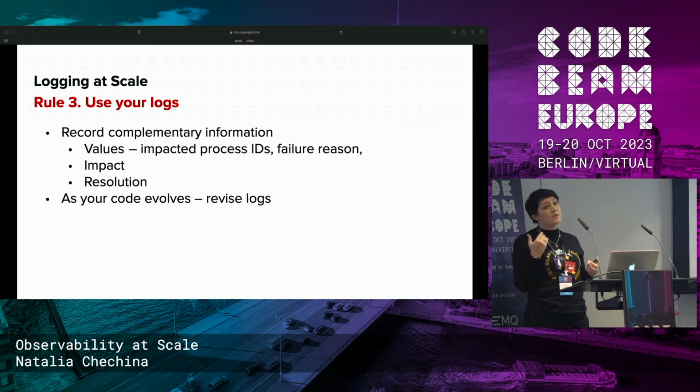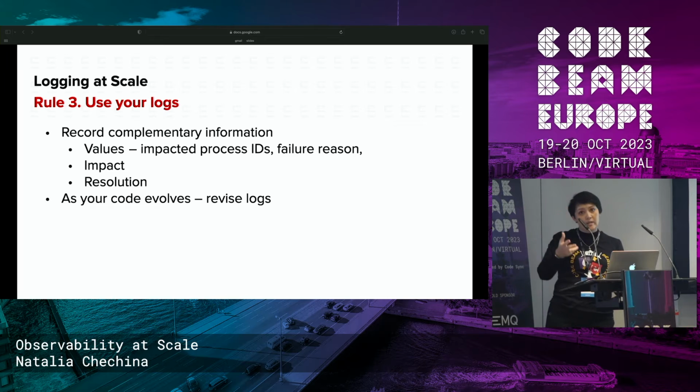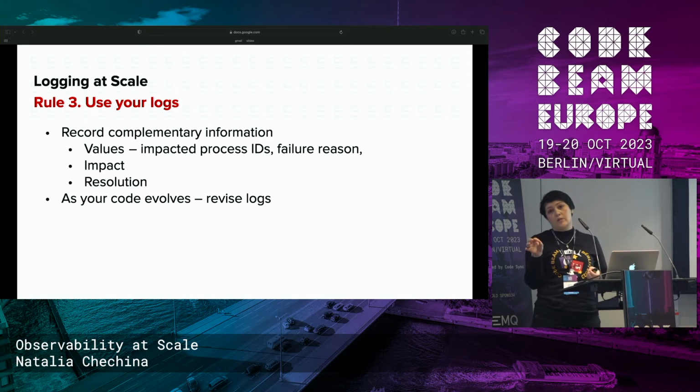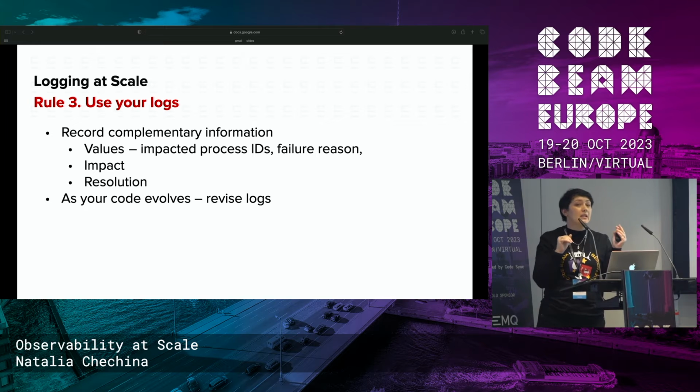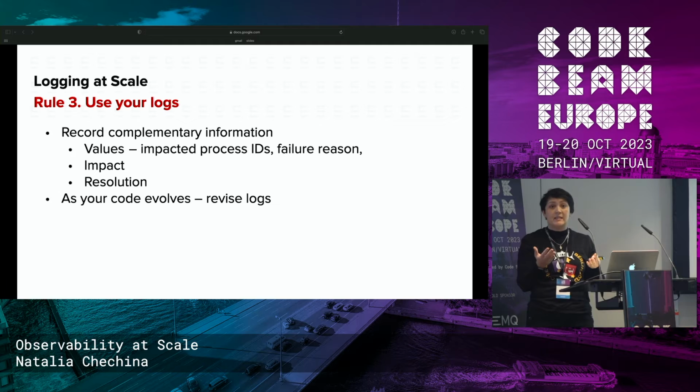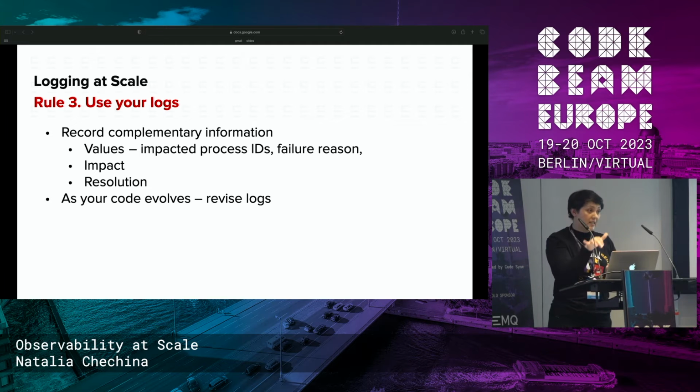Because very often what happens is that we work on something, we know an error is going to happen, but we don't have time to implement a fix because we think the probability of the failure is really low. And we don't have the capacity to fix it now, so we can do it later. Just write it down. So you have this information, and the next person who comes there can solve the problem. And revise your logs, use your logs. That's really important so that you get used to how they work.